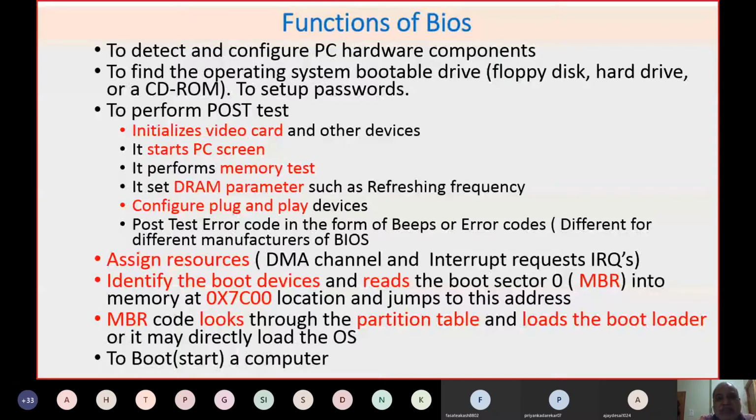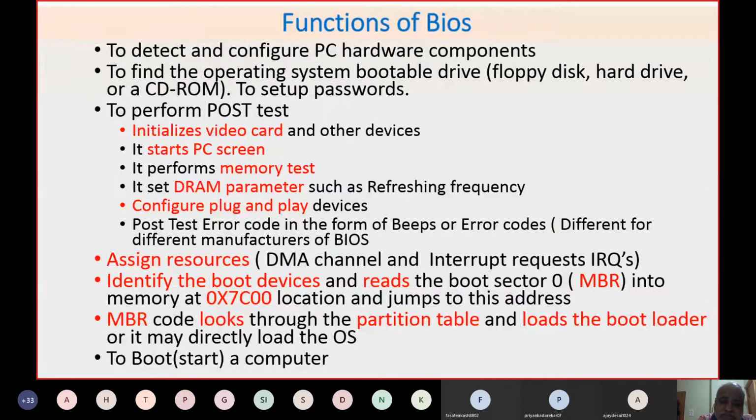Other functions of the BIOS are that it initializes the video card as well as other devices. Once the video card is initialized, it starts the PC screen. That means once the video card is initialized, you will be able to see something on your screen. Most of the time you also find a memory test. It checks how much memory is available.